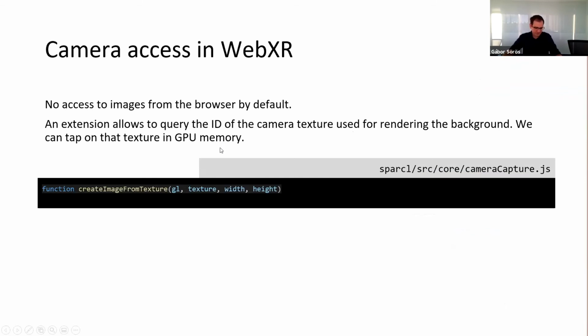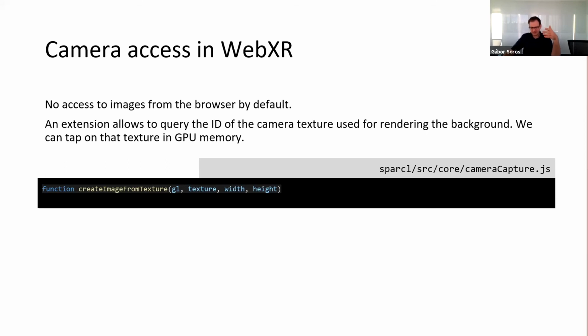Another tricky part that was difficult to implement is camera access in WebXR, because for privacy reasons, there's no direct exposure of the images to the applications. Everything is rendered as a background in the AR session.